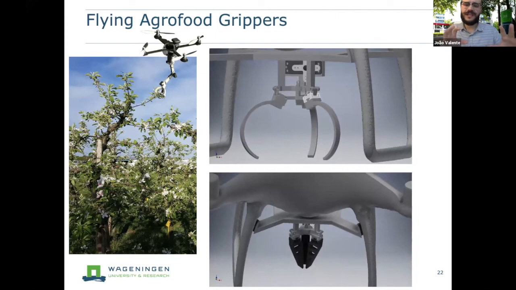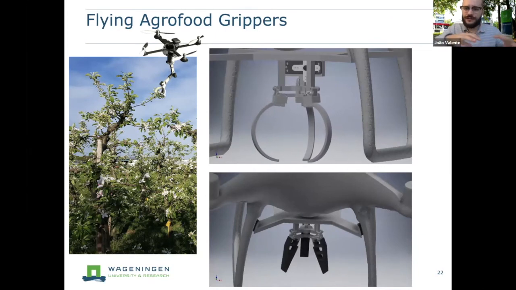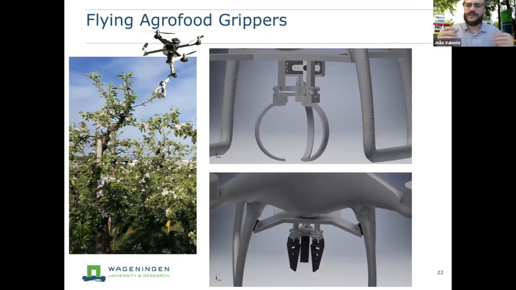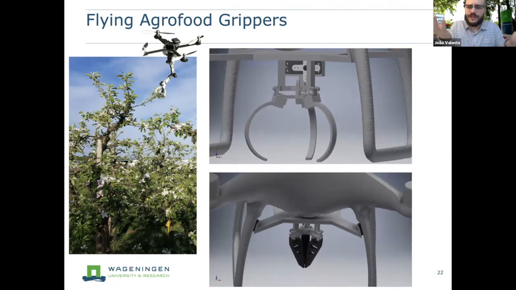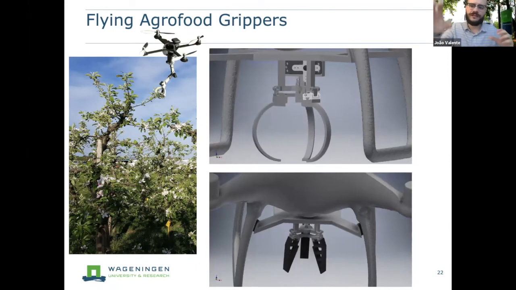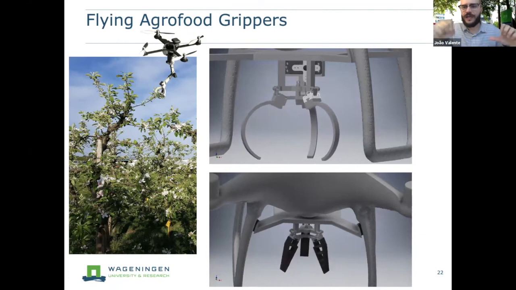Here, one of these applications, for instance, is thinning. When it comes to spring, the trees are full of flowers and the farmer needs to get a perfect balance of flowers and then needs to apply either chemical thinning or mechanical thinning or hand thinning.